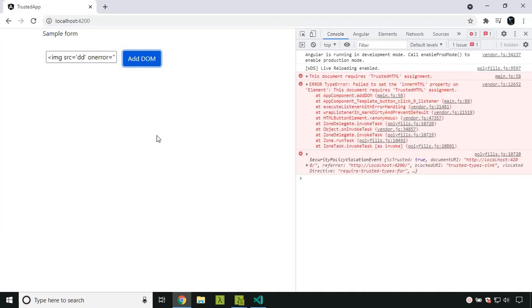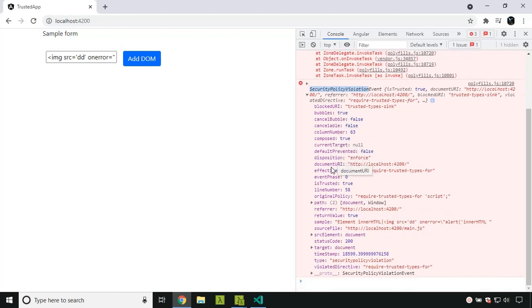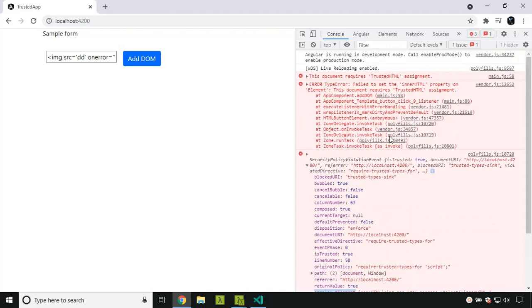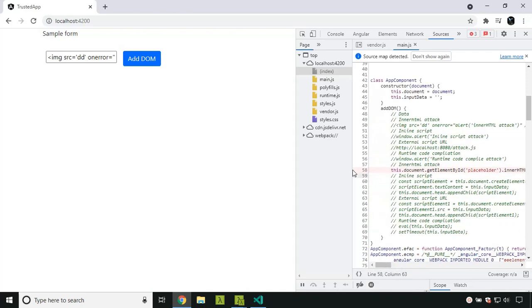When I try to execute that, you can see that an error is thrown which says that TrustedHTML is required, and it will actually break the application. Also, since we added the listener for the security policy violation, you can see the details of the exception, like where the exception happened, the sample data, and all those details. If you click here, it will take you to the exact line where the error happened.